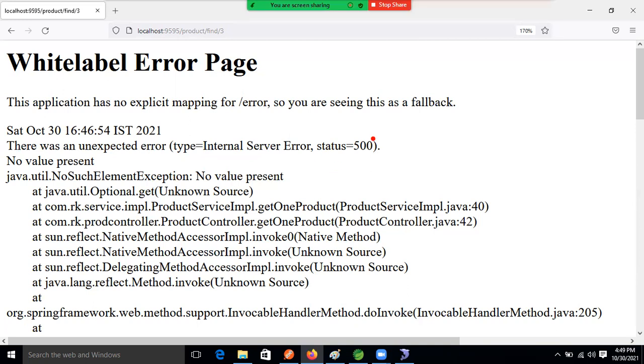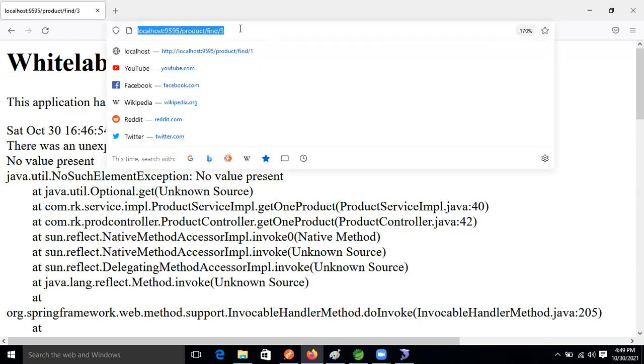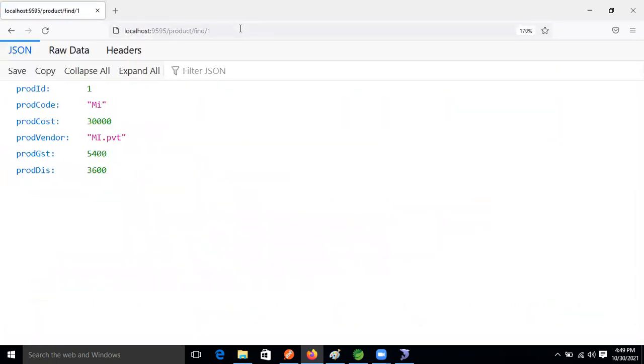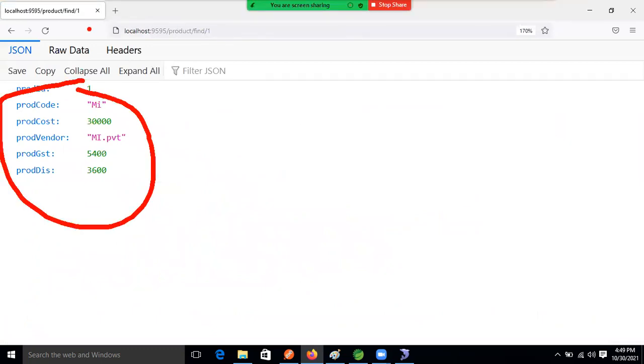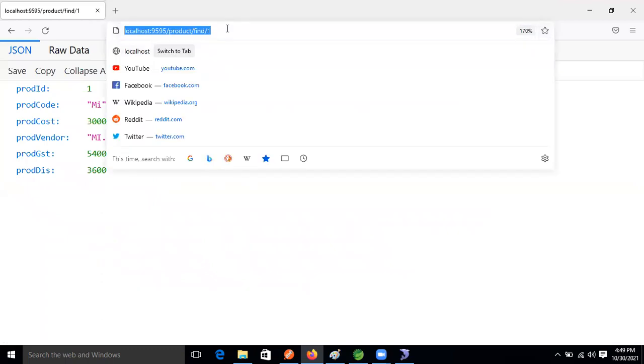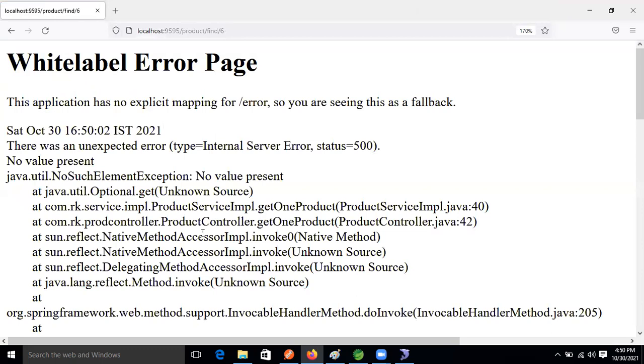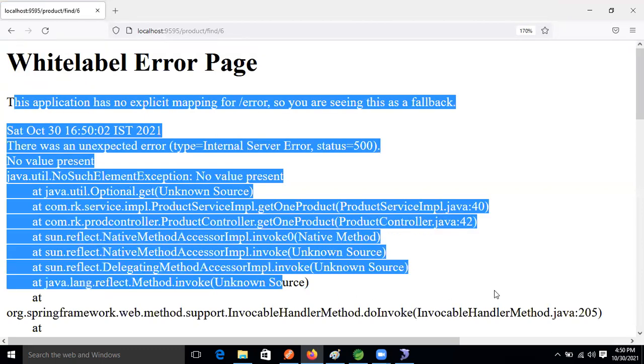See, this is our application. Unless the end user puts wrong data, our end user will get the JSON data or XML data. But whenever the end user by mistake asks for data that is not there, say just record 6, and that record is not there, then our application is going to fail, right? Okay, so because of that we need to implement exception handling in our application.